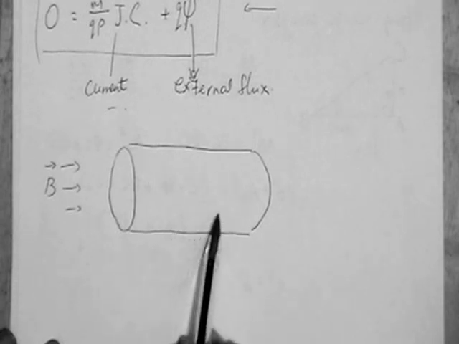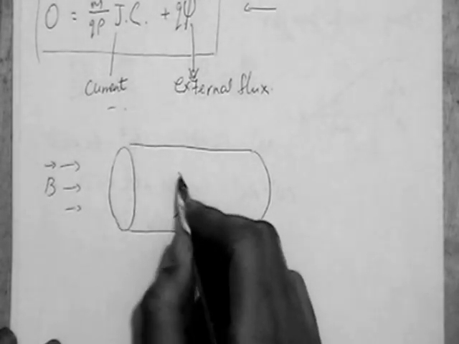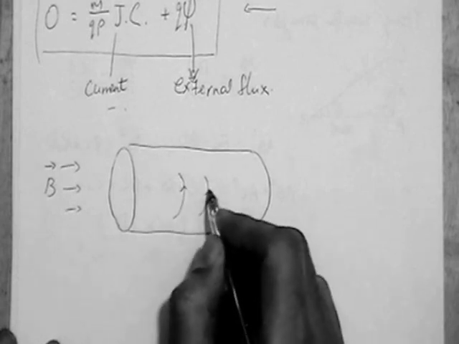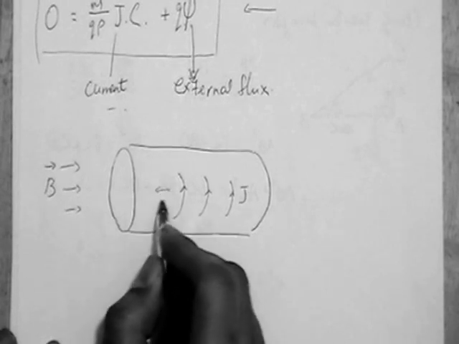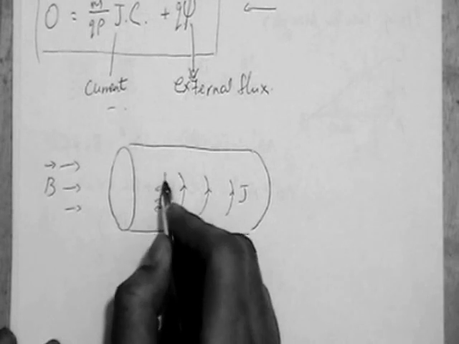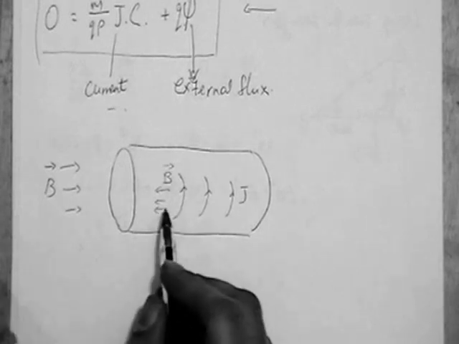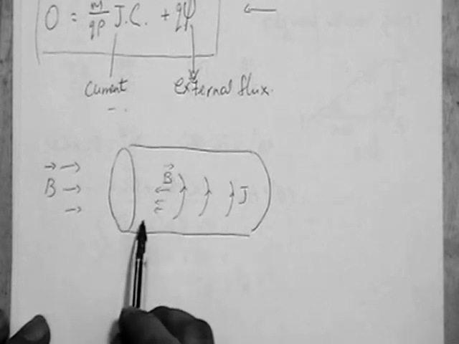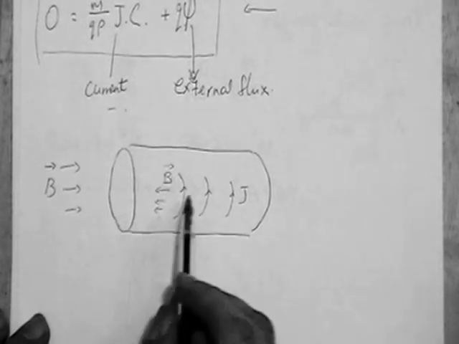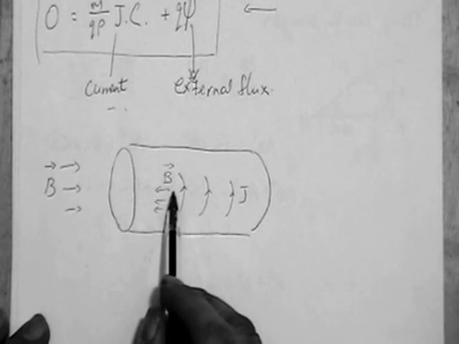So we would expect that this circulating current should then produce an opposing magnetic field that cancels the incoming one. And that, of course, means that the field produced by this circulating current has to be equal and opposite to the external field, so that the external field can be completely cancelled